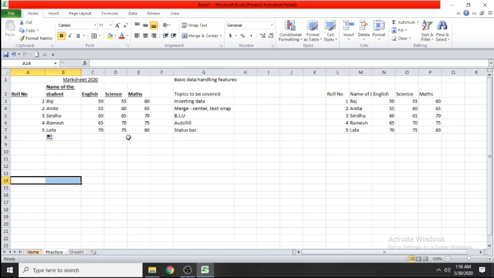How is it possible? It is possible due to the autofill option in Microsoft Excel. Autofill will automatically fill the next numbers with the help of the difference between two numbers. For example, if I am writing the first number as 19 and the second number as 38, and I select these two numbers and drag this fill handle down, you can see the table of 19 has come, because Microsoft Excel has automatically taken the difference, and till the selection, it has displayed the further numbers. This is the concept of autofill.